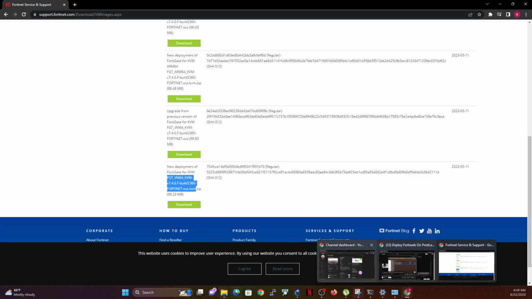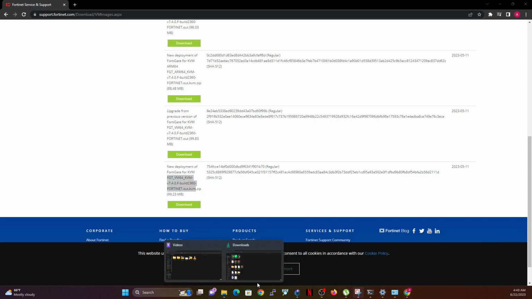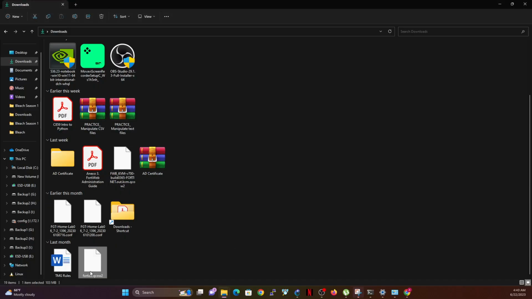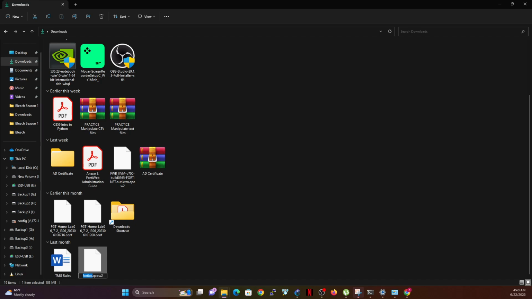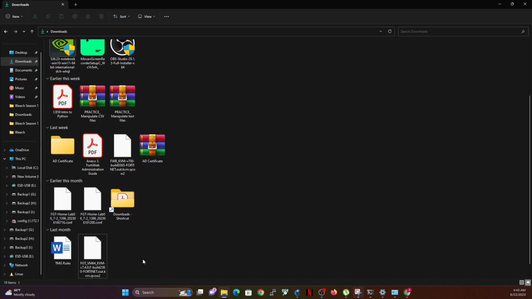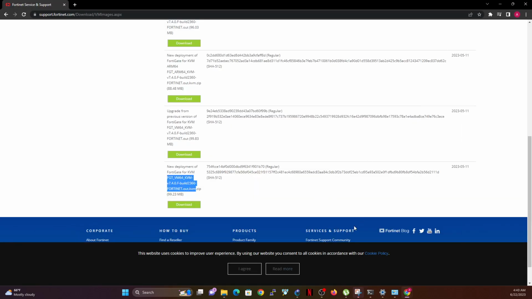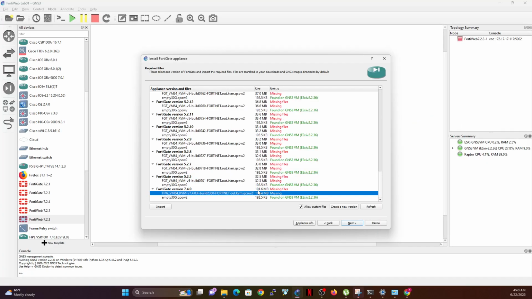Then go back to the folder and rename that, leaving the .qcow2. So that is actually the file name. This is what I need. Good. So now I'm going to go back to my GNS3 and I'm actually going to